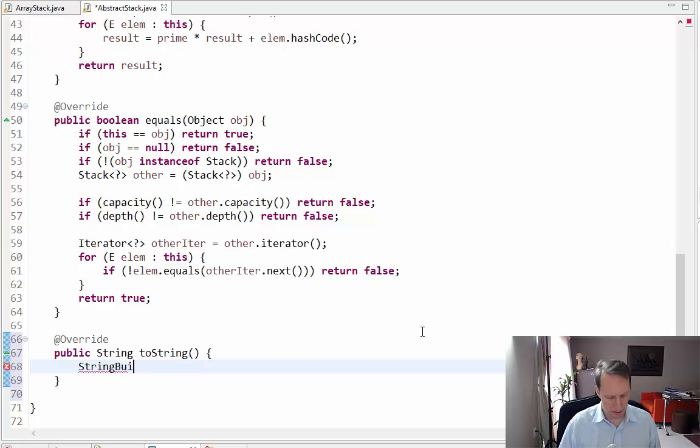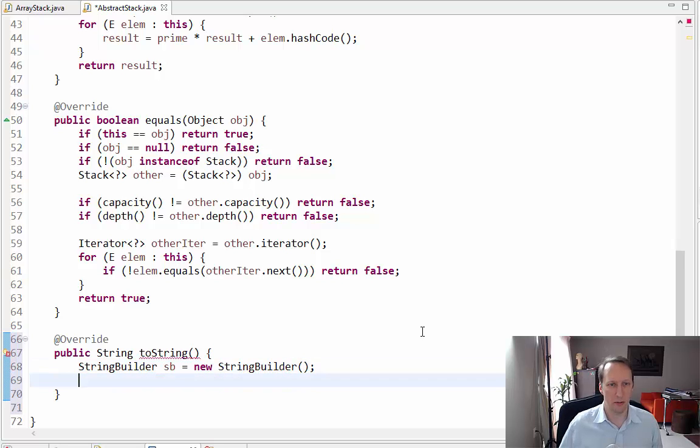I'm sorry, I'm going into the past here. The new way to do it is create a string builder, SB new StringBuilder, and this is something that just lets you keep appending to a string, and it's not as expensive as doing a plus equals to a regular string. So string builder,